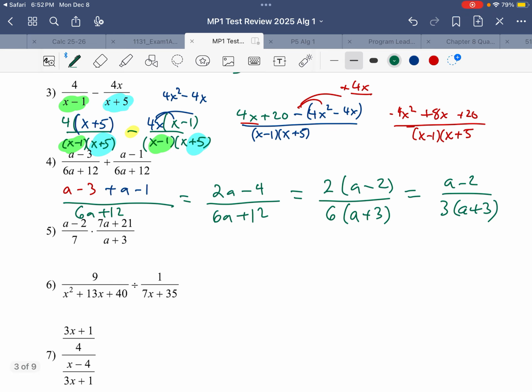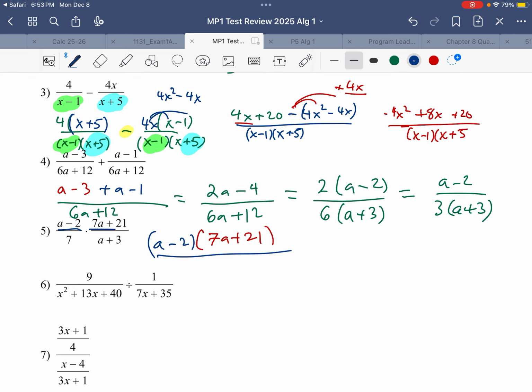When I'm multiplying, I'm going to multiply across here. So this is going to be like a minus 2 times 7a plus 21, which I'm going to write as factors and not distribute yet. And I'm dividing by 7 times a plus 3. I can factor out a 7 from the 7a and a 7 from the 21 to rewrite this like